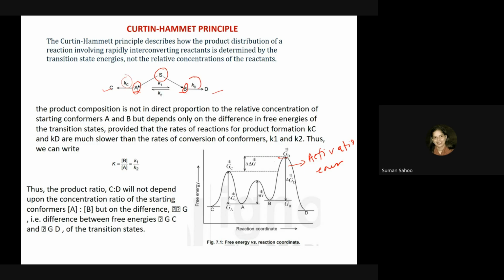That is, the rate constant for formation of C and the rate constant for the formation of D. It does not depend on the concentration of A and B. Rather, we can just say rate constant. Again, it depends on your transition state. The higher the transition state, that means the higher in energy, and in that case the product formed along the pathway with higher activation energy would be less formed.